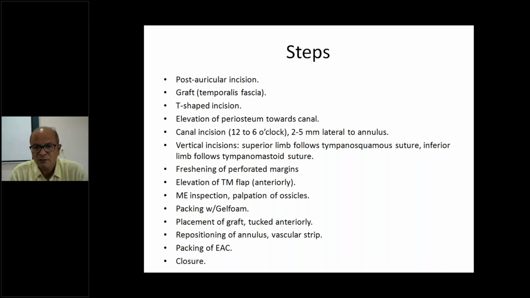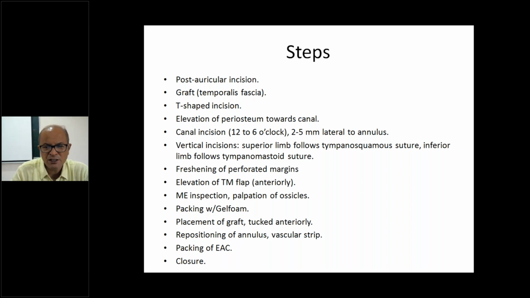Because here it is written you elevate the flap, you give the incision. No, the incision you should give after you freshen. Why? Because this incision usually bleeds, and the blood will accumulate and hamper your thorough freshening. That's why you avoid this. You should not allow the field to get bloodier, and then struggle to do a good freshening.